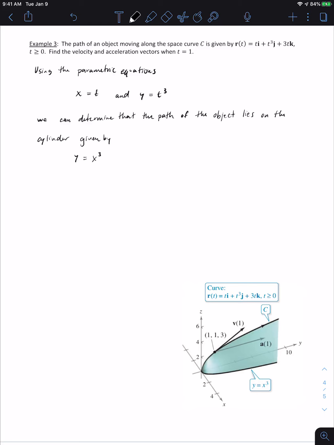So remember the idea here when we're talking about these 3D shapes, y equals x cubed is called the generating curve, I think was the name of it. And then remember that as the t value gets bigger here, the z value is going to change, which is what gives it the height. So this is in general just a cylinder, and that is its generating curve. Moreover, since z, the other parametric equation, is 3t,